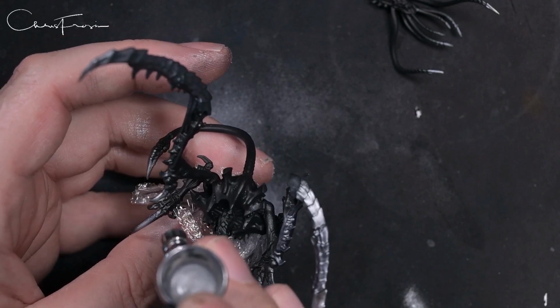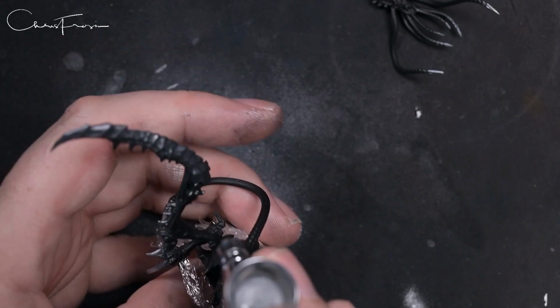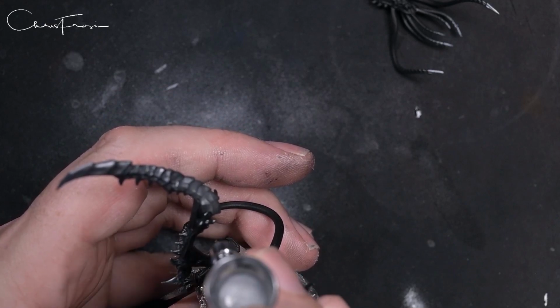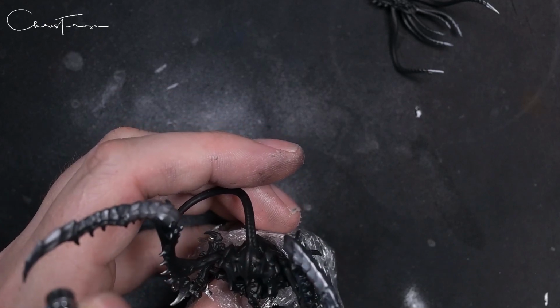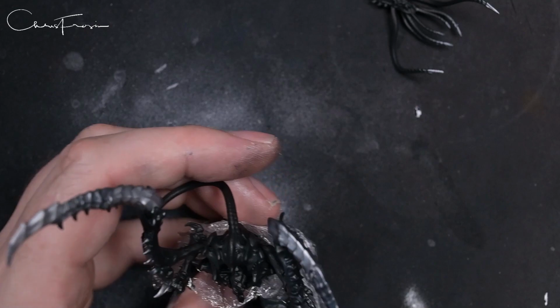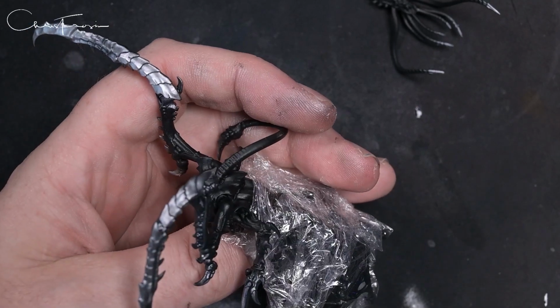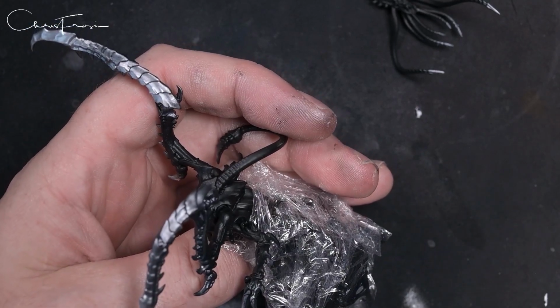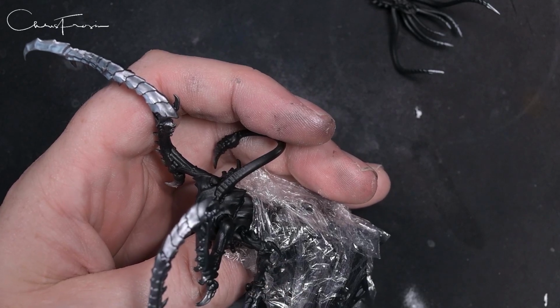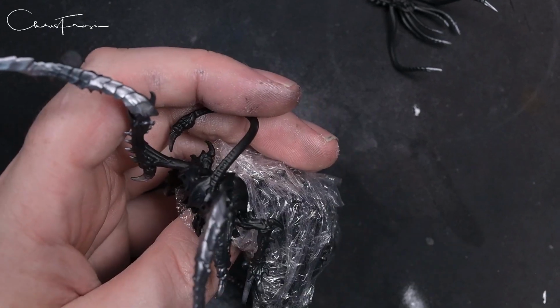Anyway, so this is a little highlight. So we put the black metal pretty much everywhere. We weren't trying to do it from a certain angle to leave black in recesses or anything like that. We put the black metal everywhere. We covered the claws and the talons and everything, and then now this is Model Air Chrome, which is a beautiful paint. This has been thinned down with Vallejo thinner though, because it's a Vallejo paint. So we've thinned it down with Vallejo thinner, and we're picking out